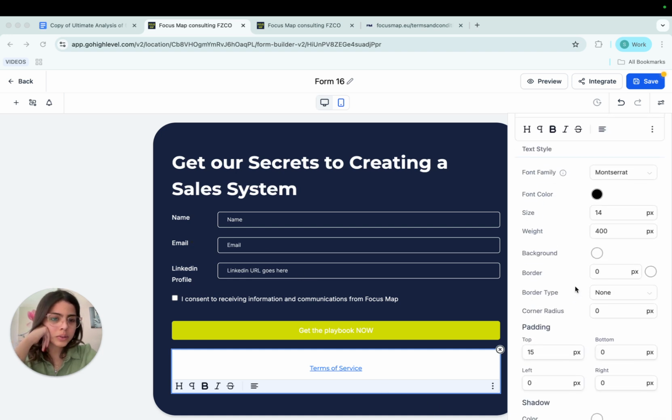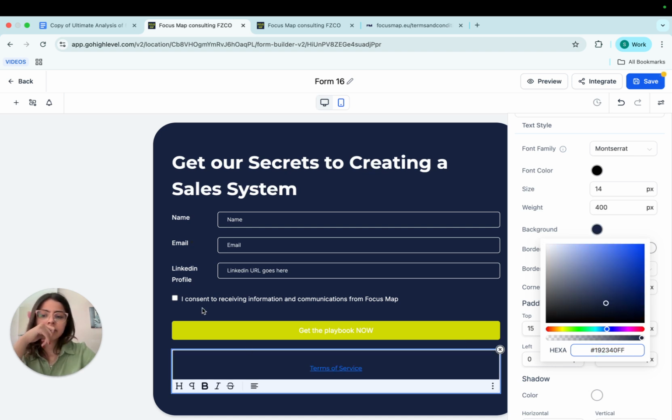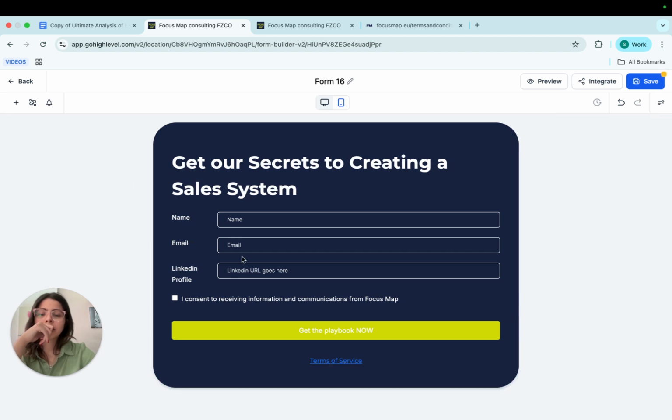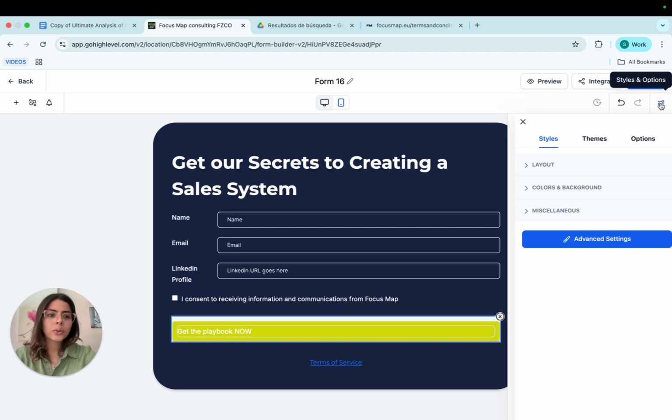Now we're gonna change the background of the terms and services. So here we're gonna add the same color. Here, done. So that will be our form. And the last thing that we're gonna do is add the link to our playbook. And to add the link, we're gonna go into